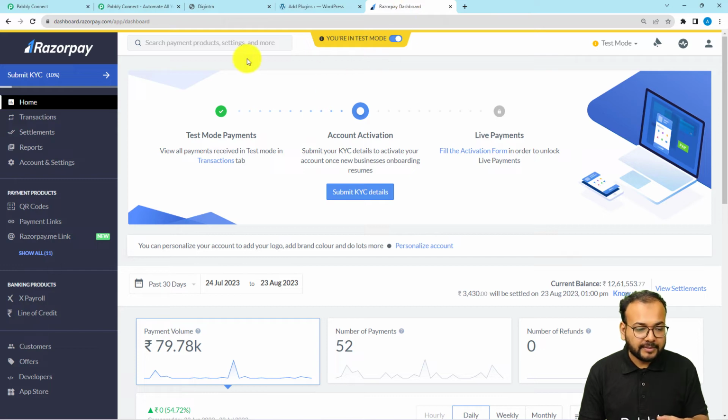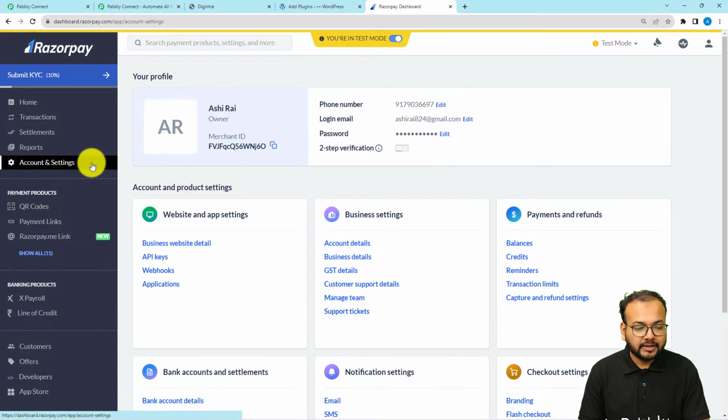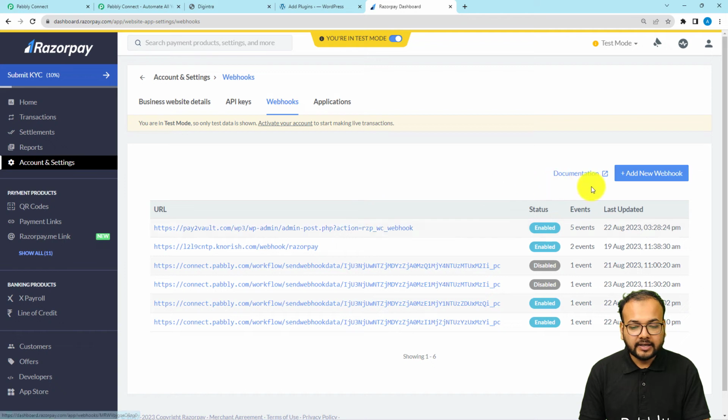This is my Razorpay dashboard. Here you need to find the settings option. So here is the account and settings option. Click on it. Here you will find the website and app settings tab. Under it, you will find the webhooks option. Click on it, and here you have to add a webhook URL by clicking on add new webhook. Okay,